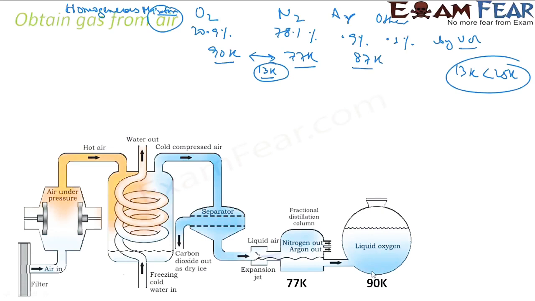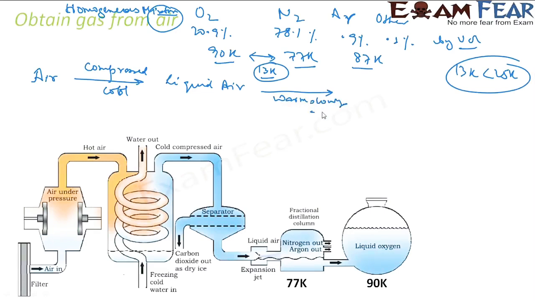we can actually take air, compress it by applying pressure, and also cool it down. When you cool it and when you compress it, you get liquid air. Correct? To liquefy something, either you increase the pressure or decrease the temperature. Here we are doing both. Once we get this, what we do is we warm slowly in the fractional distillation. And with this, when you warm slowly, the gases separate out at different height because they have different